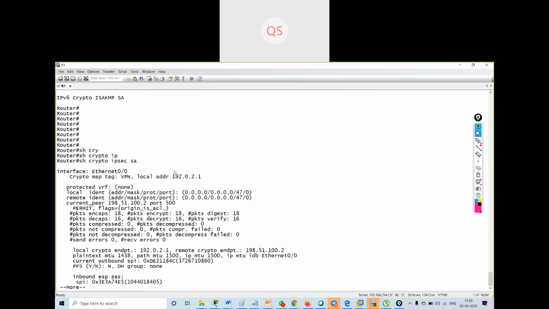See over here you can see local address is 192.0.2.1.